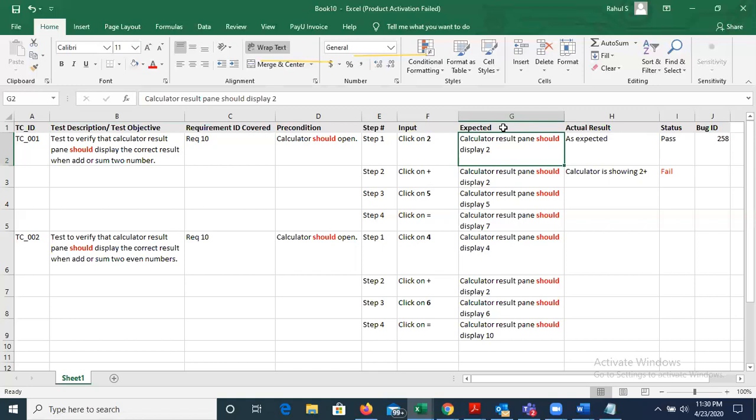If I take the calculator application, the UI part is the buttons, the numeric buttons 1, 2, 3, and the arithmetic operators. The functional part is what the application shows in the result after performing some activity. So you can derive the test objective from the requirement, and the expected result from the requirement.